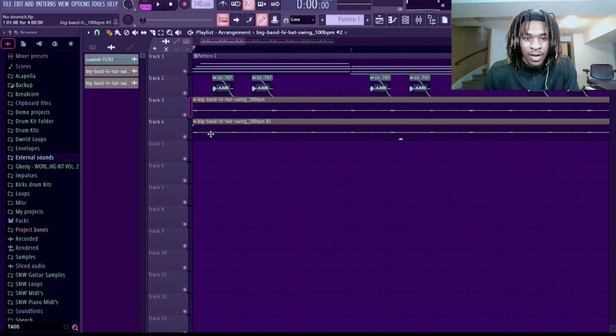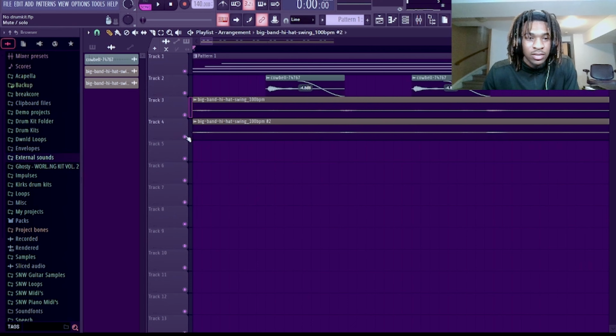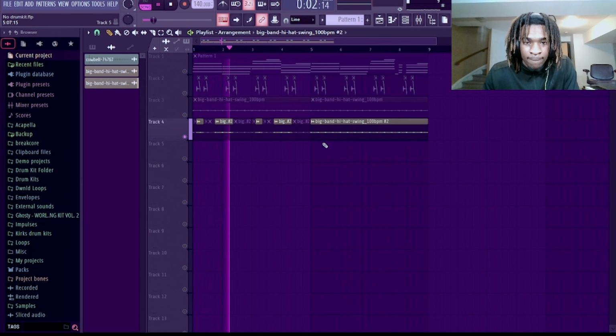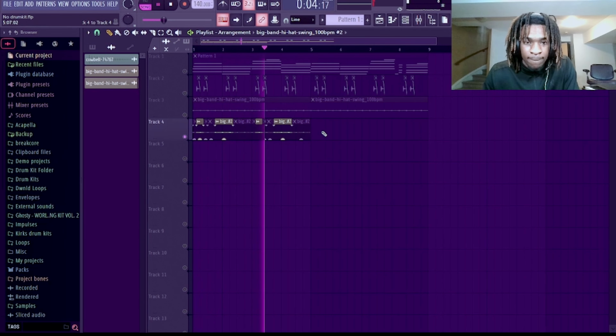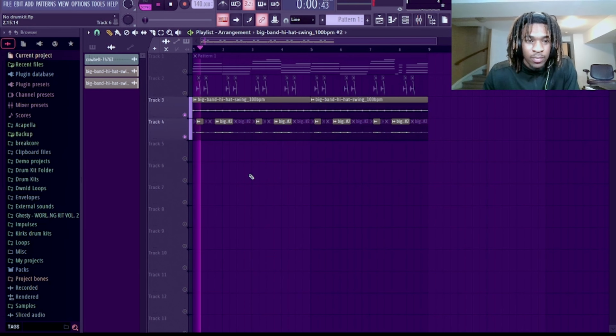So I went ahead and cloned the hi-hat loop and put halftime on the second one, just to give it a little more spice. I want to take off that first hat. And together with the hi-hat loop,